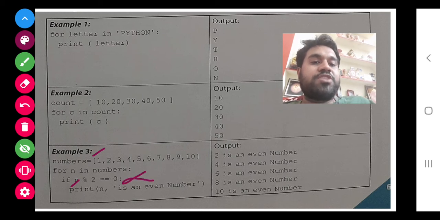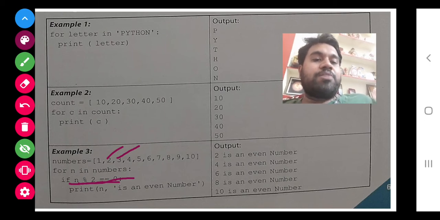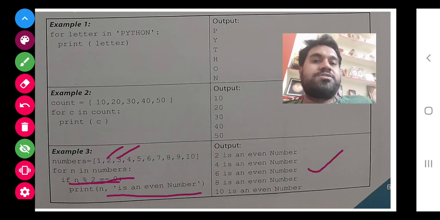So this is a false condition, so it will not get displayed. Next, 2 will come, then again this condition will be checked. Then 3 will come, again the condition will be checked, and it will keep on checking. Wherever n mod 2 equals 0, it will display that it is an even number, as this is the result.